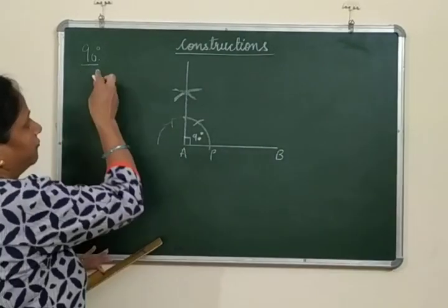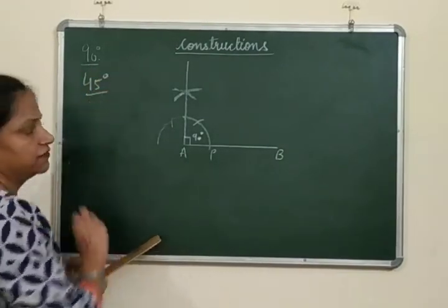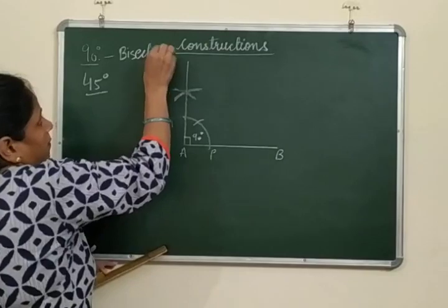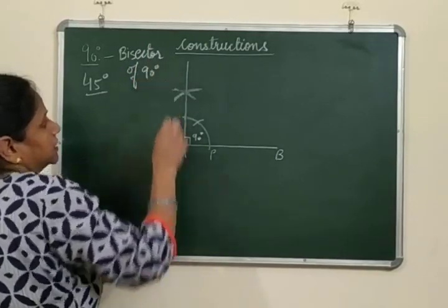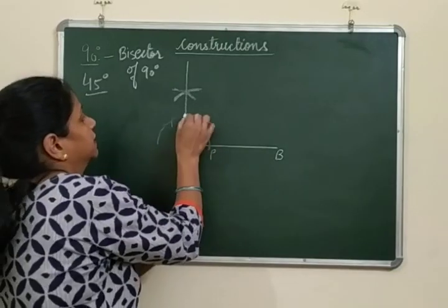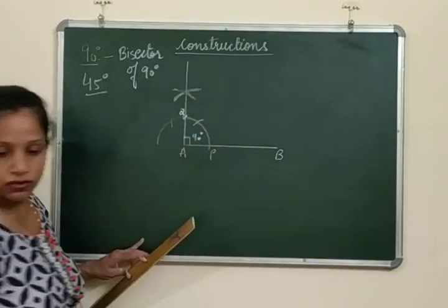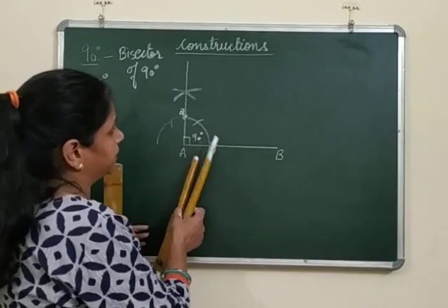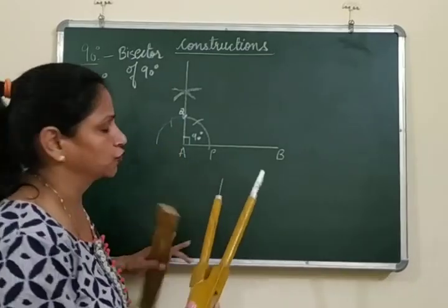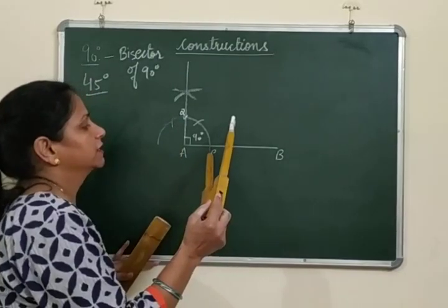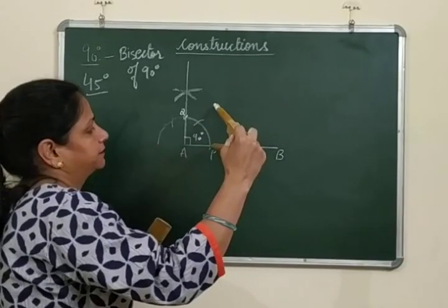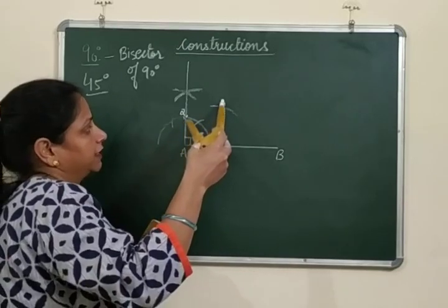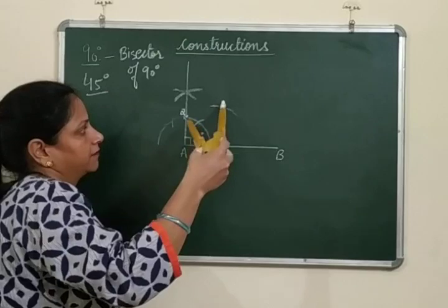Now 90 degrees is over. After 90, we come to an angle of 45 degree, or we say the bisector of 90 degree, right? Now how to make a bisector of 90 degree? Let this point be Q. So again, we will be requiring the compass. Now we have got these 2 points P and Q. We open any radius, you can take any radius. Keep it once on P and make an arc. Similarly, and the radius should be same. Keep it on Q and make another arc.